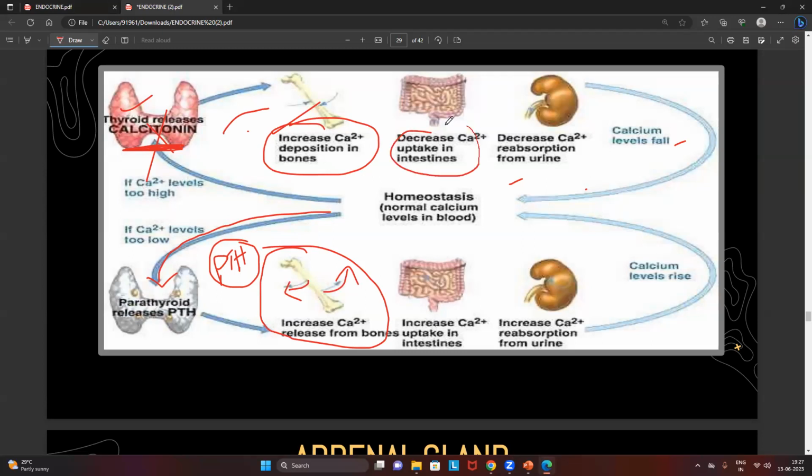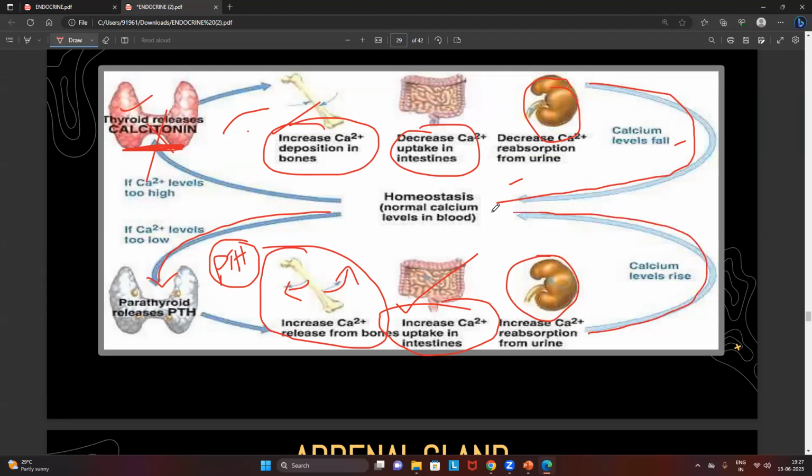Here, when the calcium is more, we have not taken any calcium from the food in the intestine. But now we compulsorily have to take the calcium, which means we have to increase the calcium uptake in the intestine, do not get confused with that. Next, there we decrease the calcium reabsorption, meaning we sent excess calcium out in the urine. But here we are not sending any calcium in the urine. In fact, we are reabsorbing it and bringing it back to the blood circulation